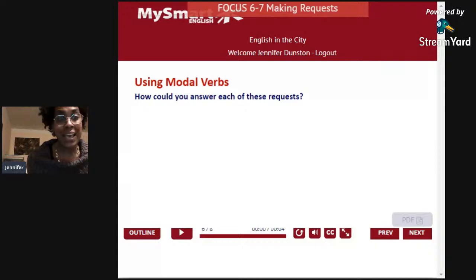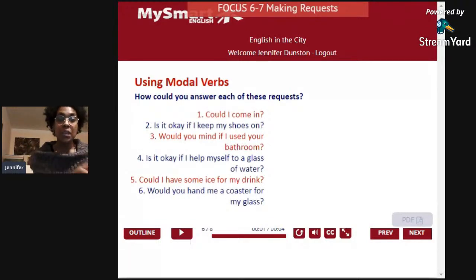So, up until now, we have been making the request. Could I have a glass of water? Could I have a beer? Would you get me a cup of coffee? Could you repeat what you said? Mom, could I please have a glass of water, says Terrence. But now someone is making a request to you. What do you say? So someone says, hi, would you mind getting me a glass of water because I'm so thirsty? Here we have 6 requests.